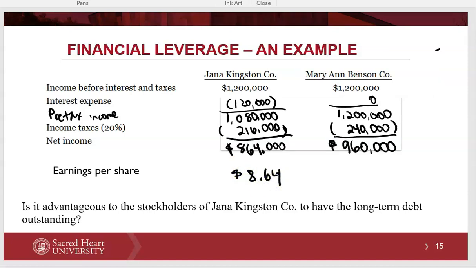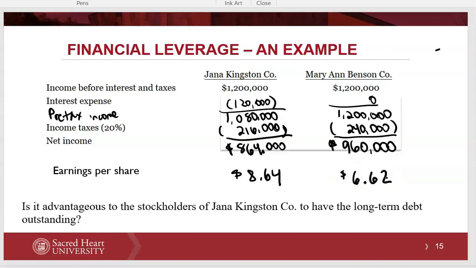Now, Marianne Benson had higher net income of $960,000, but that's going to be allocated over more common shares. There are 145,000 common shares for Marianne Benson Company. So earnings per share, 960,000 of income divided by the 145,000 shares,